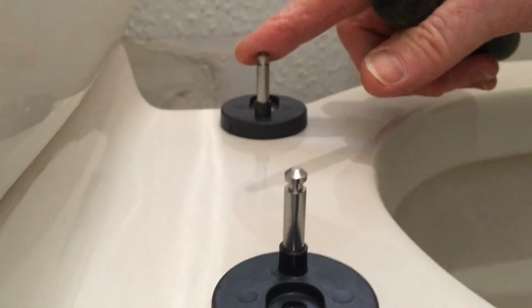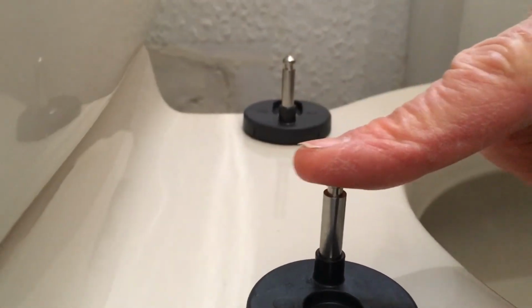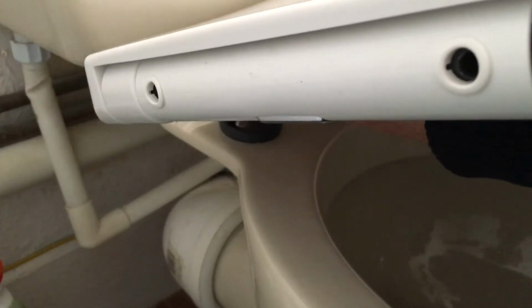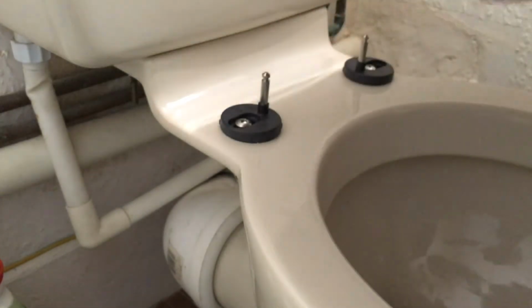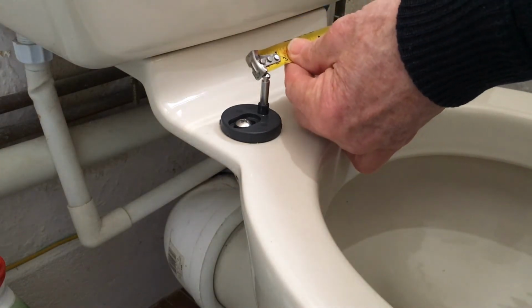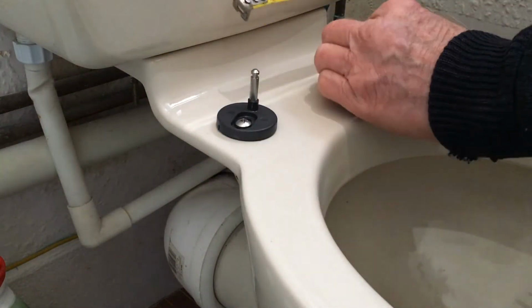Don't over tighten it because we want to get these studs in exactly the right place. So we need to make sure these studs are the right distance apart for the seat. So that involves getting the tape measure out and just checking. The distance between the two holes in the seat is 140 millimeters. So you want this to be 140 here. So to achieve that, you just rotate it a little bit,